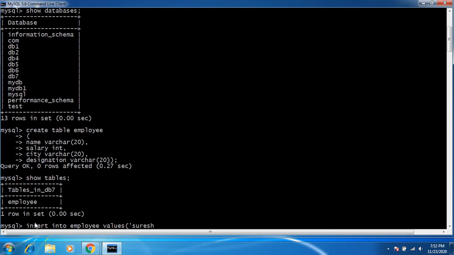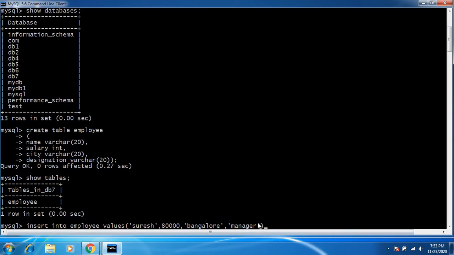So I write Suresh. So you can see this, the tuples are separated by commas, each attribute is separated by a comma, and this is of the type integer, therefore I have not enclosed it in the quotes.